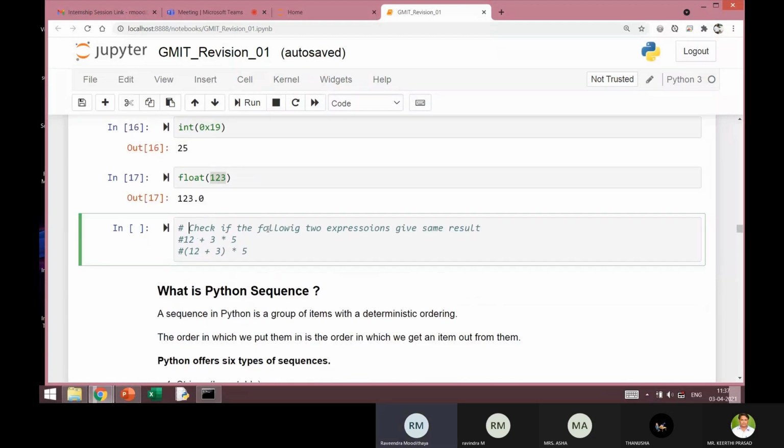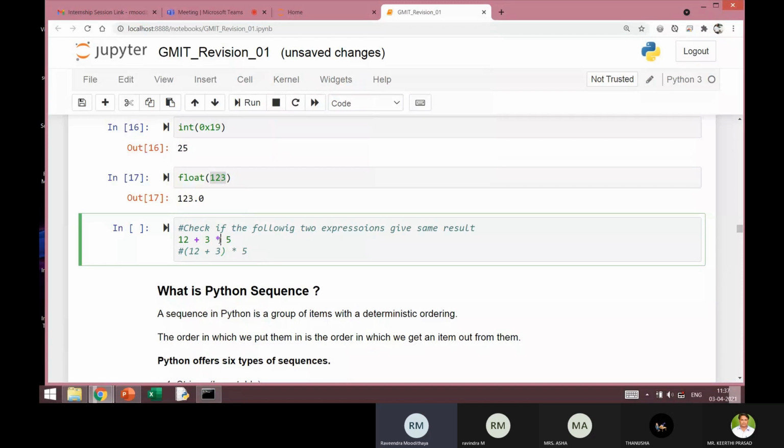Here, can you tell me whether these will give me the same answer: 12 plus 3 into 5, and the next one, 12 plus 3 star 5? Recall the order in which they are executed.